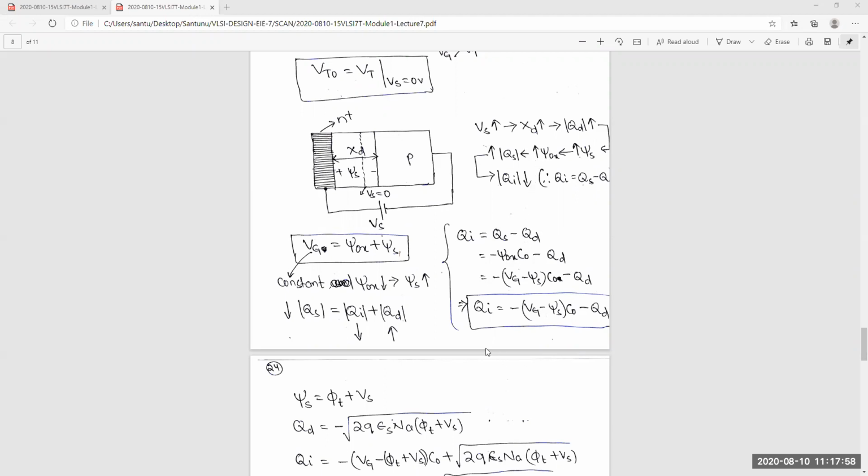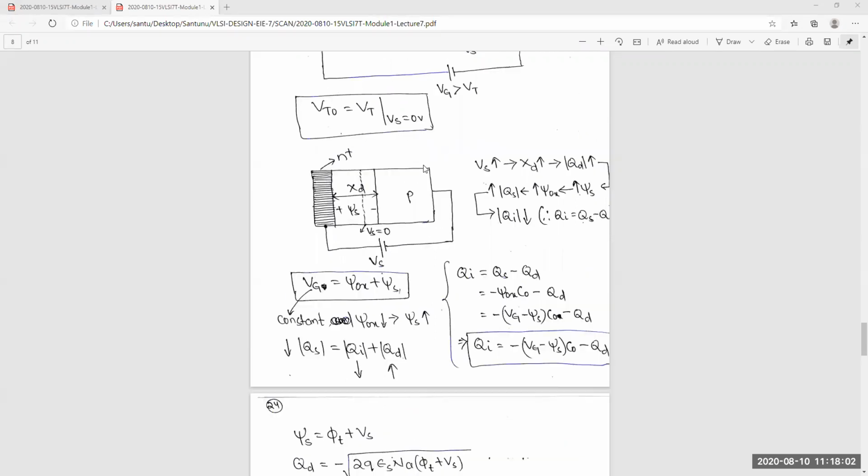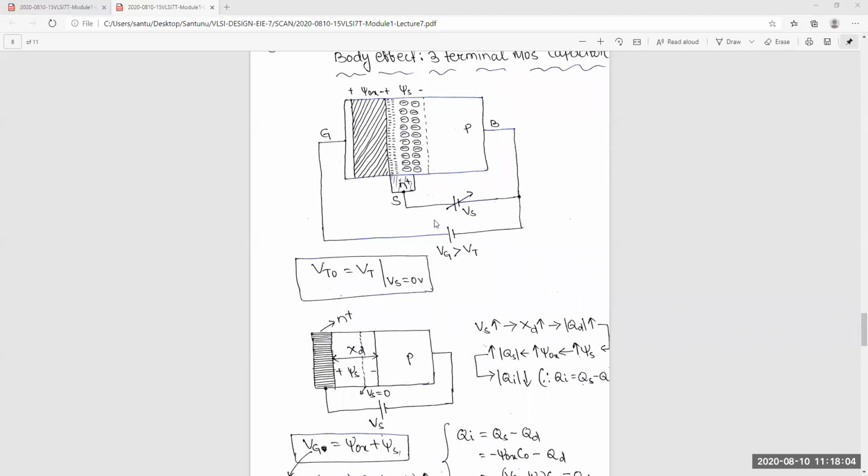So now you can see the inversion charge. The inversion charge at the surface decreases as Vs increases. So finally, this loop, are you understanding it or not? Again, I will go through this. How much is fully understandable, or is there any point?